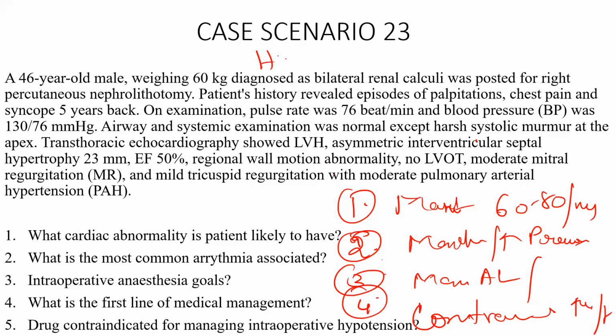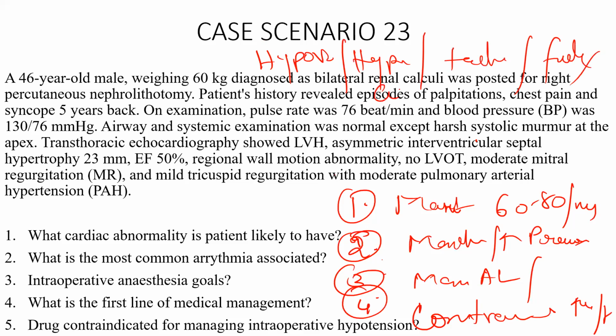So hypovolemia, hypotension, tachycardia, fluid overload, arrhythmias, vasopressors, myocardial depressants. Okay, all this can result in sudden cardiac arrest, or a patient can have extremely severe cardiac compromise. So never make the patient hypovolemic. Fluid overload is relatively better tolerated than hypovolemia. Never make the patient hypotensive, no tachycardia, and make sure the myocardial contractility is not depressed.